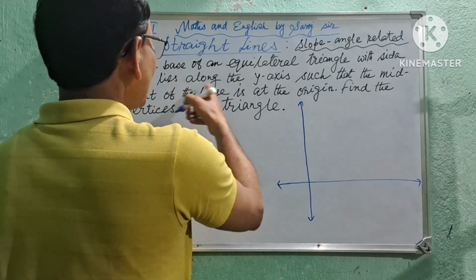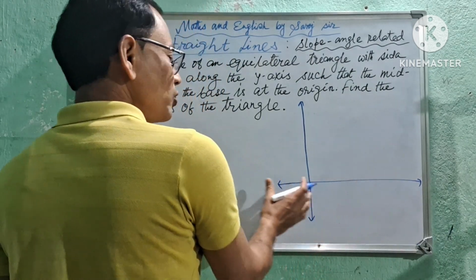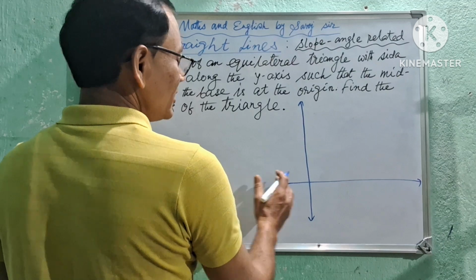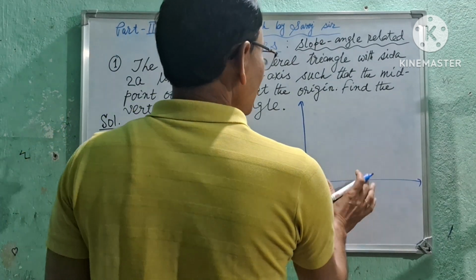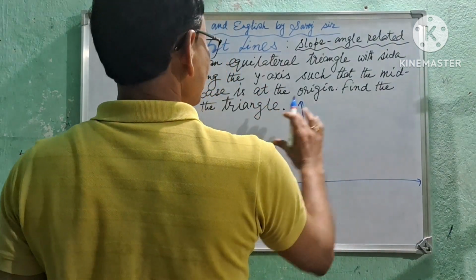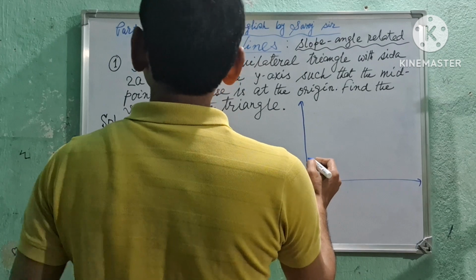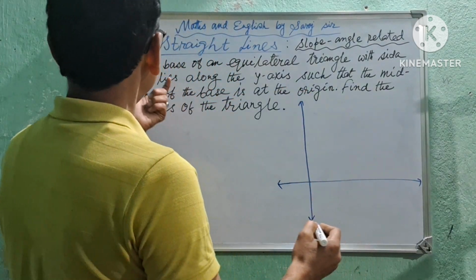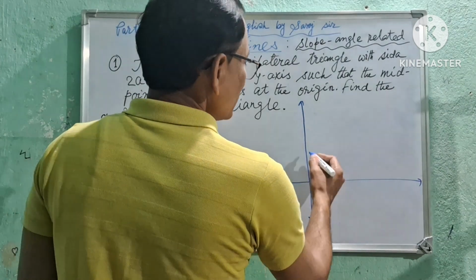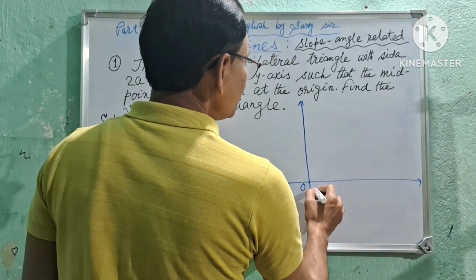Side 2a lies along the y-axis. Let's first consider the positive y-axis. We can also draw the figure on the left-hand side, that is, on the negative y-axis. First draw it treating the positive y-axis. This side is 2a and the center will be at the origin. The base lies along the y-axis such that the midpoint of the base is O, 0 0,